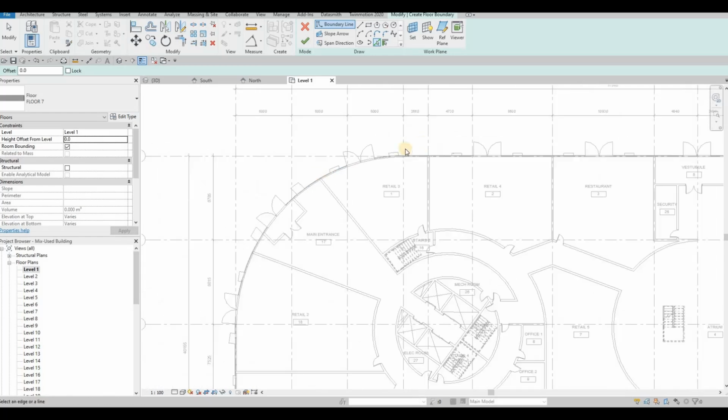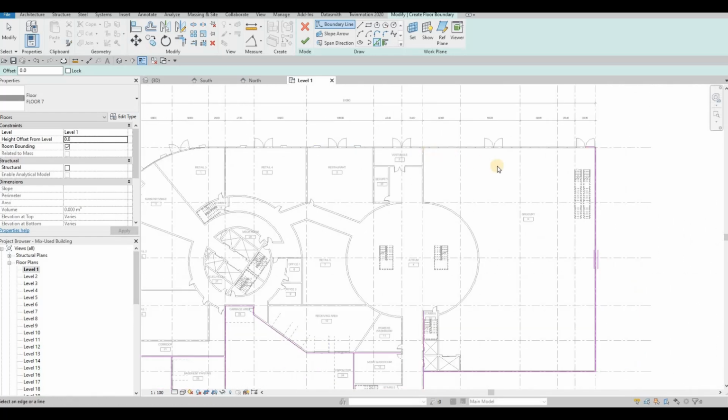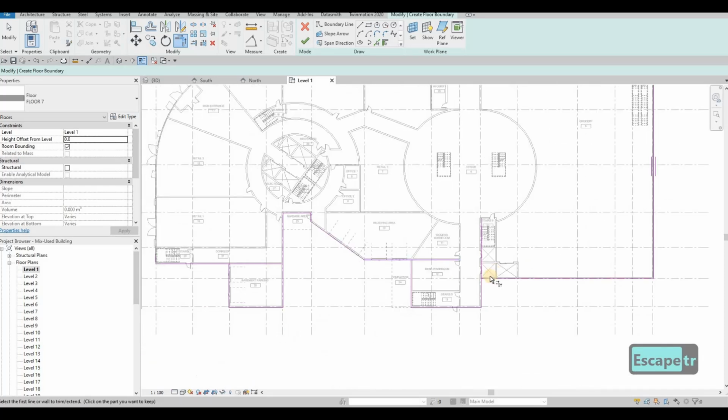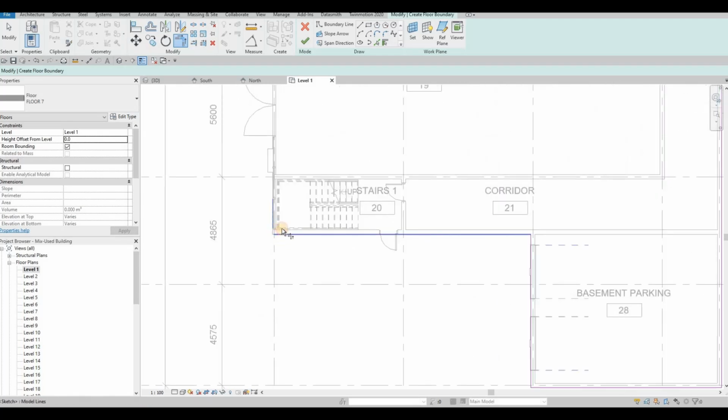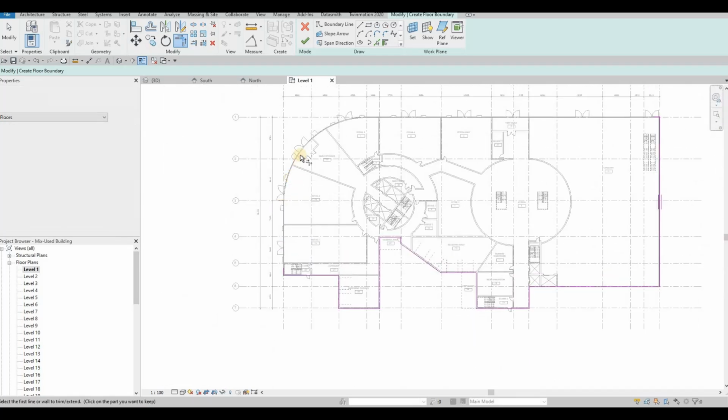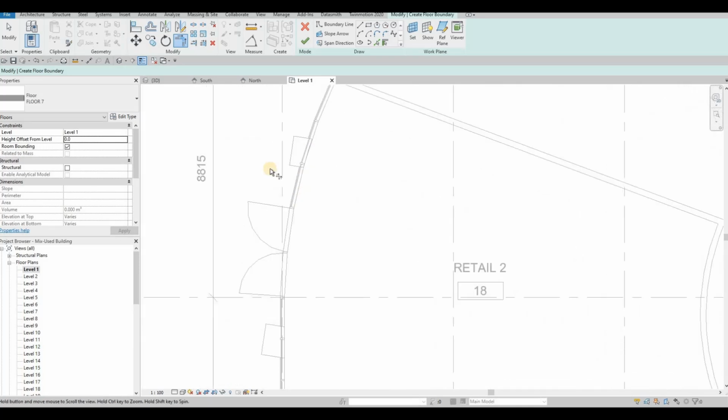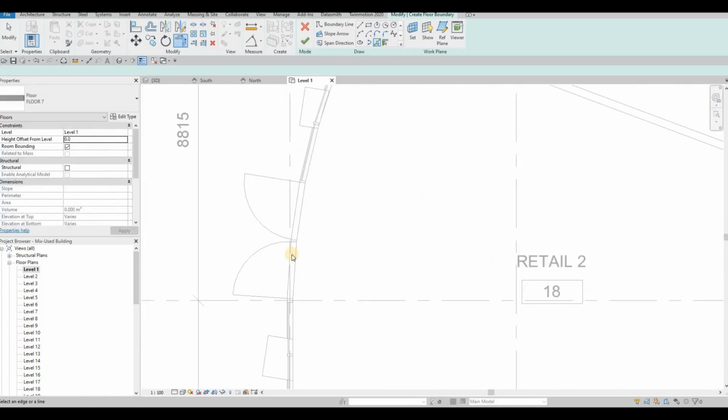And then only this part is the one that we need to clean up and take some time, because of the curved part. So I'm gonna select this one,